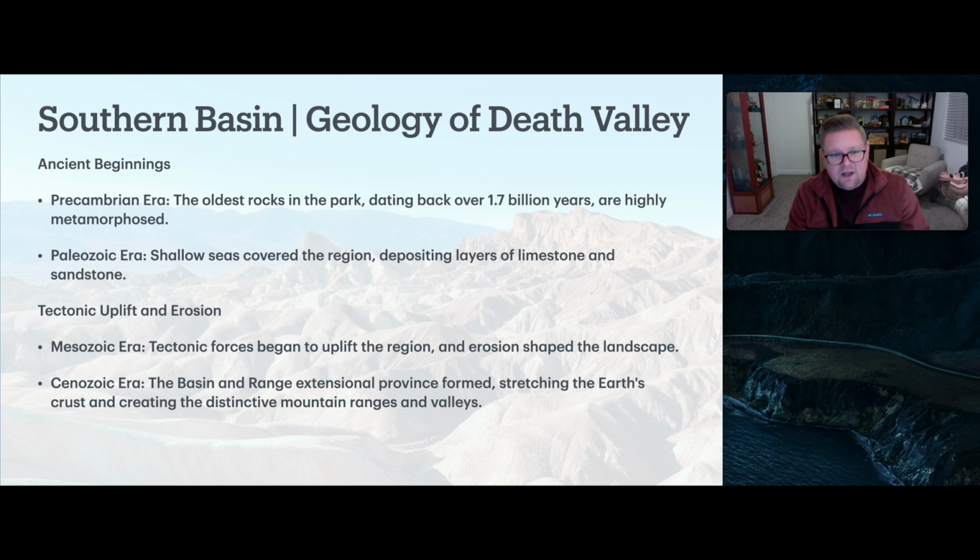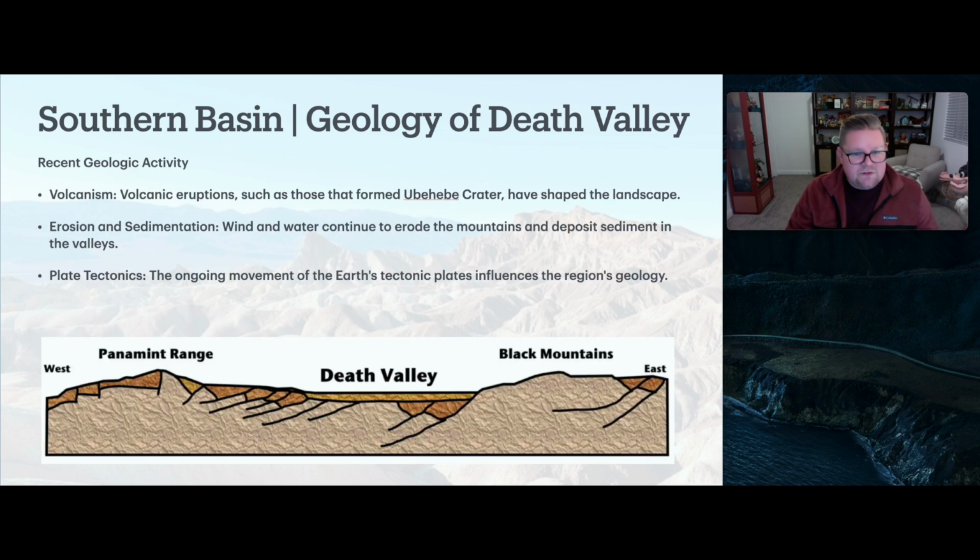In the Cenozoic, the basin and range extensional forces stretched the Earth's crust, creating the distinctive mountain ranges and valleys that we can see today. This can be seen in this iconic classic diagram. You're welcome. Here we have Death Valley in the middle. Here's the Panamint Range. Here's the Black Mountains. These are faulting. As we have these extensional forces, the valley is sinking, but the mountains are increasing around it. Death Valley is in the rain shadow of a rain shadow of a rain shadow, which means